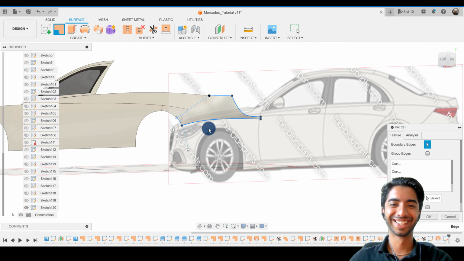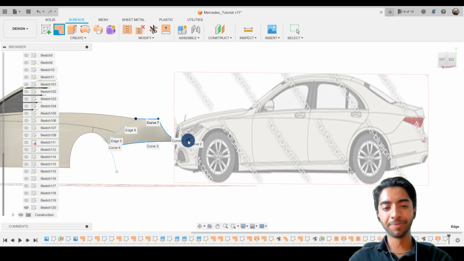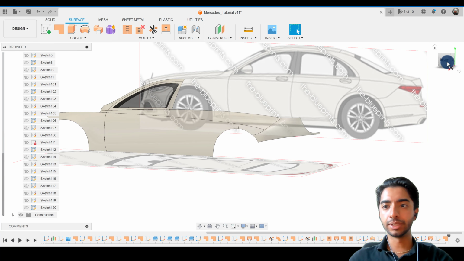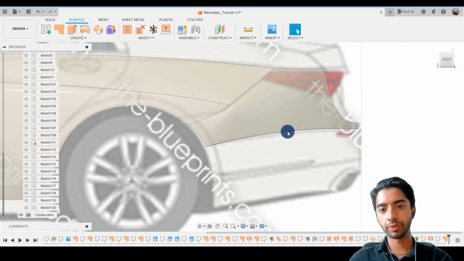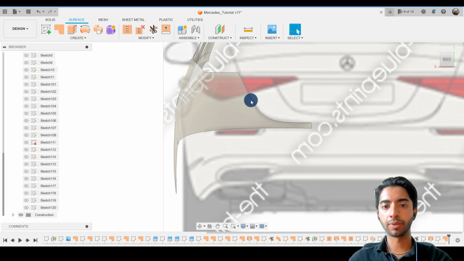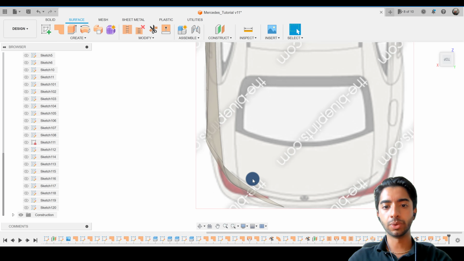So I'm just going to press OK. And what we can see here is, if we go to the right, this is following that really beautifully. Of course, I think we have to edit the sketch a very little bit just to make sure that works. If you go to the back view, we can see that that's following it very beautifully there. And now if you go to the top view,